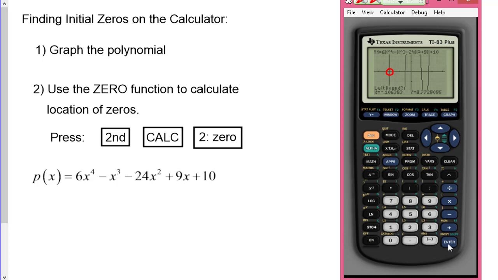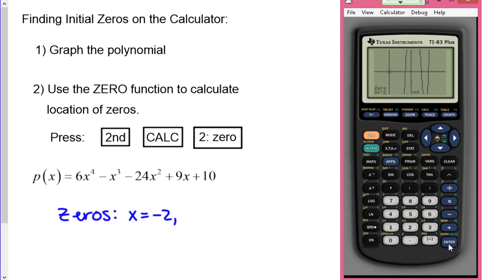So the left bound I'm going to give as, say, -3, the right bound I'll give as -1, and the initial guess I'm just going to give as -2. And then let it calculate it, and turns out that is exactly my 0. So for my zeros, I have x equals -2,